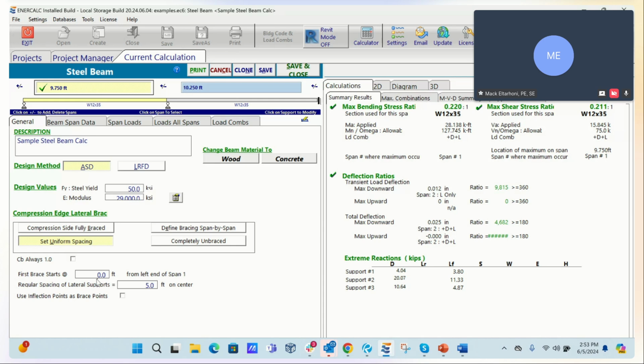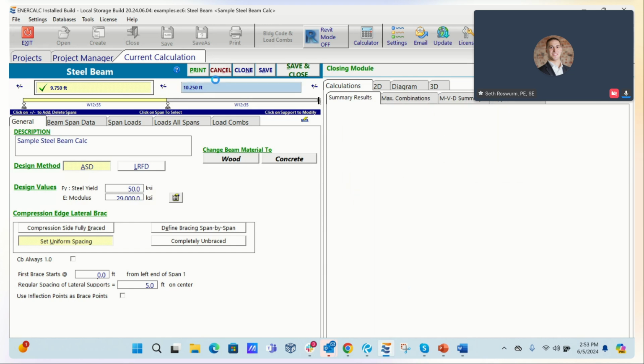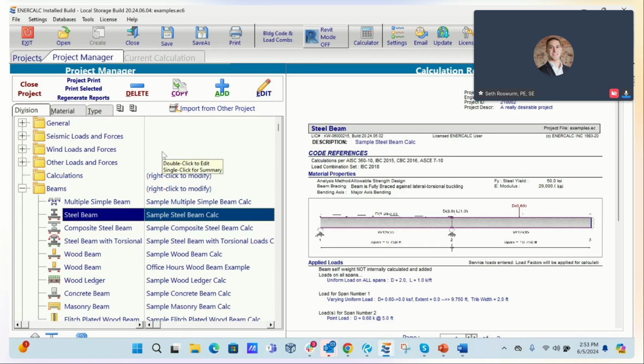Perfect. So one or two other questions directly related to wood beam, and then I want to jump to one that's a little bit broader, but it's a great hands-on follow-up to the building code information that you went through earlier. So last question about wood beam for right now from Caleb. Is there a way to calculate sistered beams of different sizes and grades? And Mac, feel free to elaborate, but I believe the answer is no to that right now.